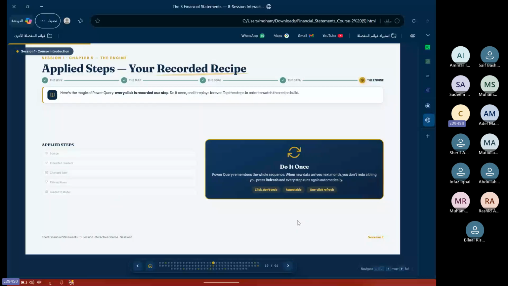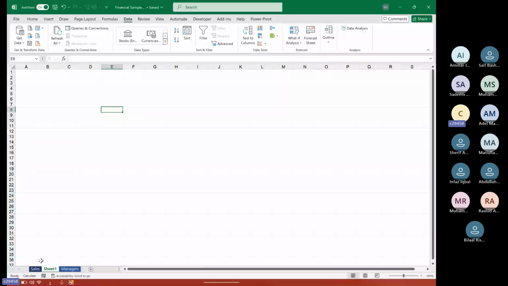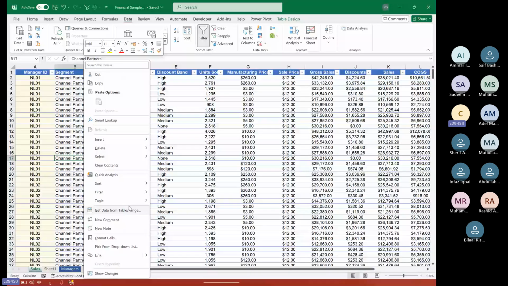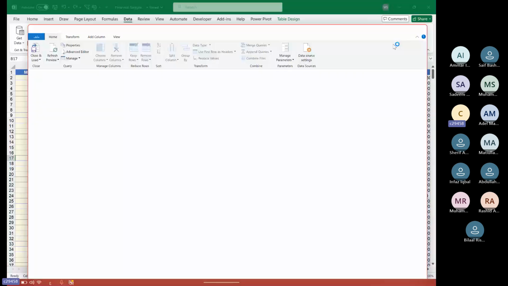Also, we will speak about the applied steps. These applied steps are inside Power Query. We will go through this fast because we will not explain anything about Power Query in depth today, but I will only give you something small, inshallah.